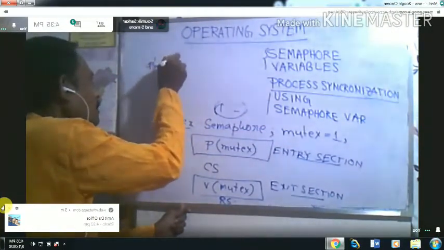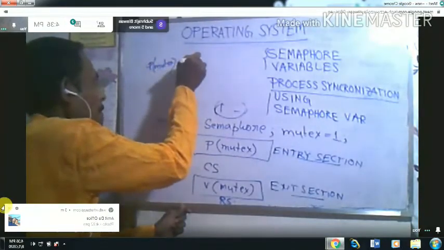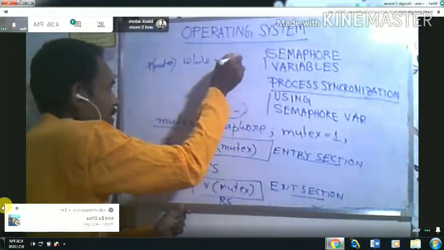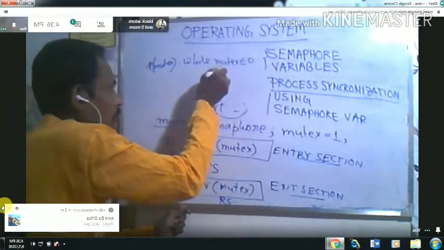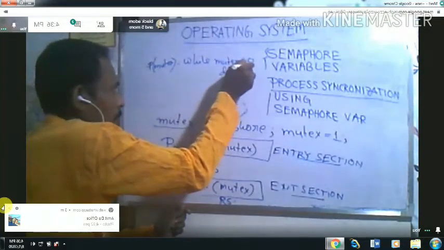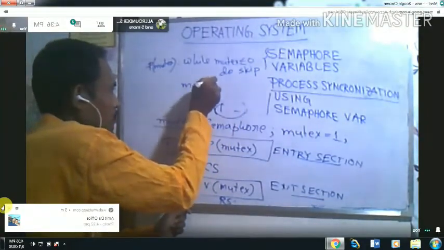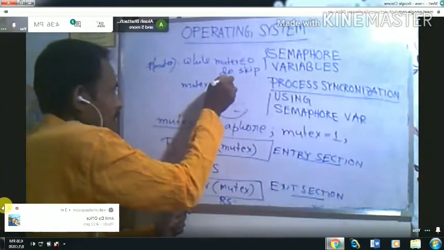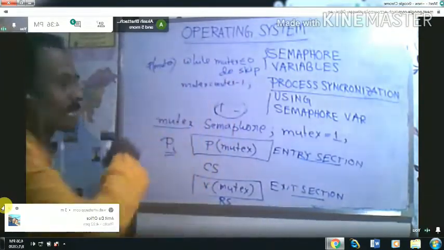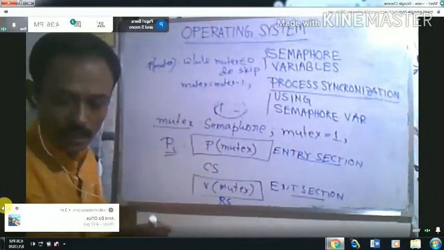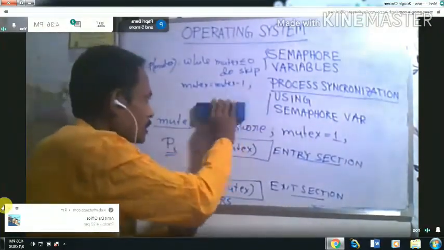while mutex less than equals to 0, do skip, and mutex equals to mutex minus 1. So this was written in the P mutex P operation, and in the V mutex V operation, what will be there?